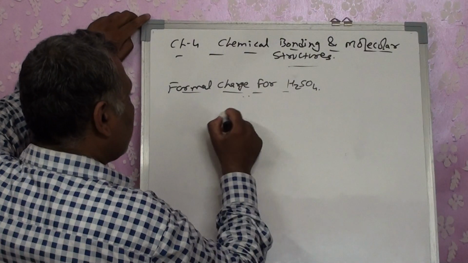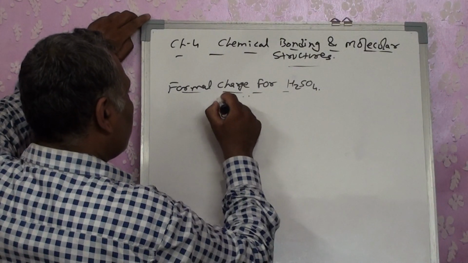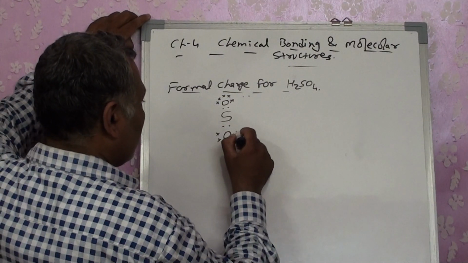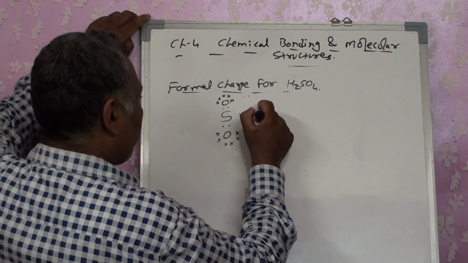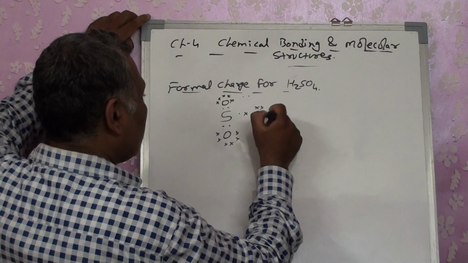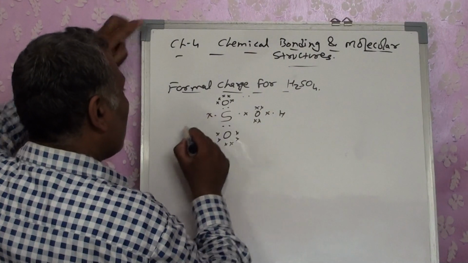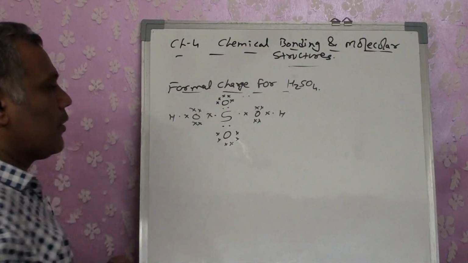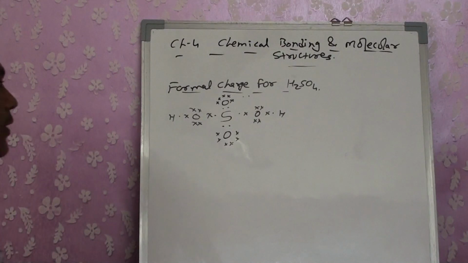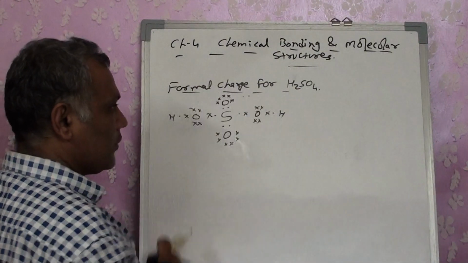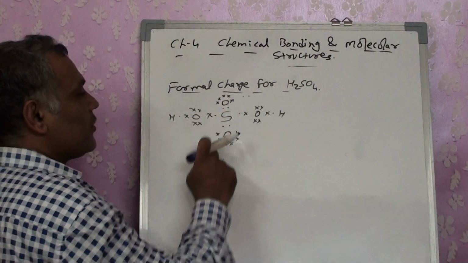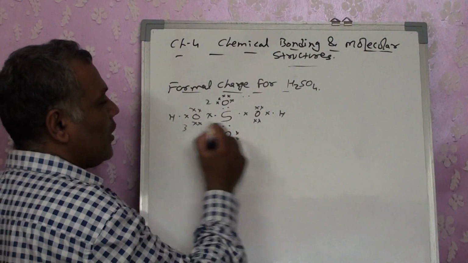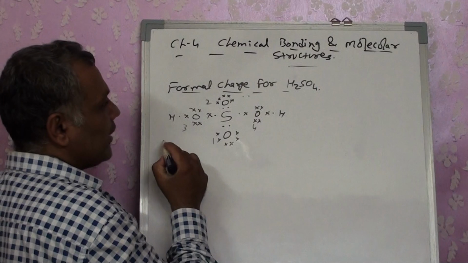Now when you are having it as H2SO4, oxygen is the dot structure. Already we did it in our last lecture, so I am not explaining, or you already know how to draw the dot structure, right? Now one by one we have 4 oxygen atoms. You can say that 1 and 2 are the same, 3 and 4 are the same. So let's calculate formal charge